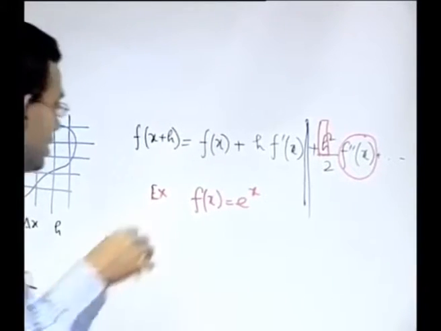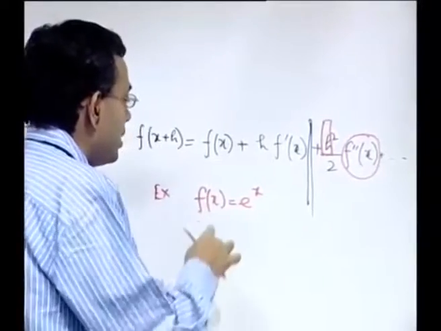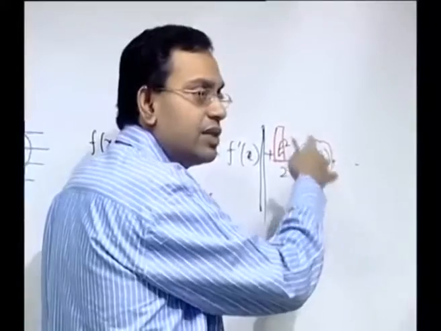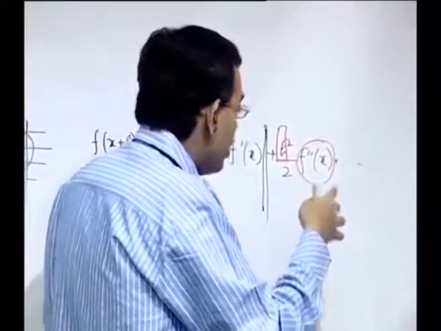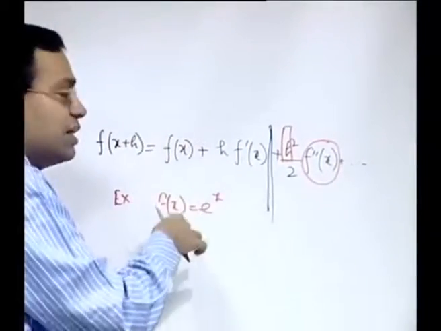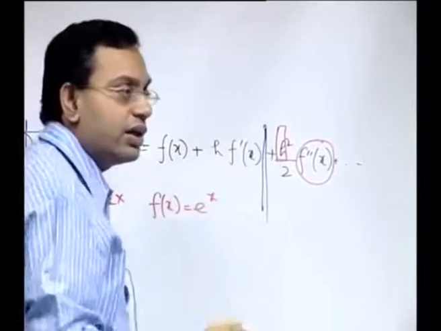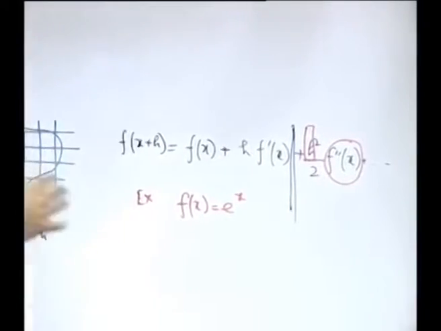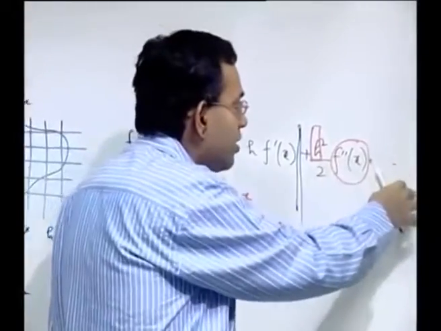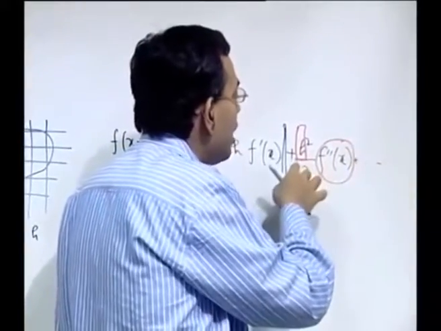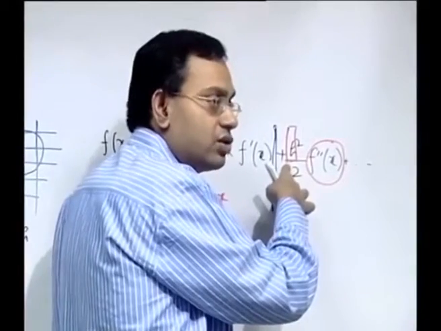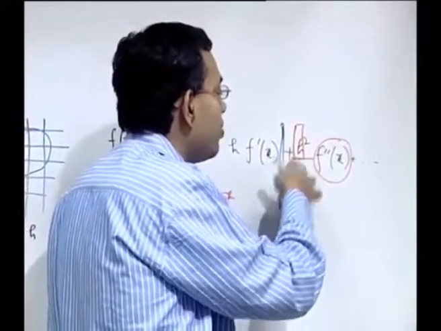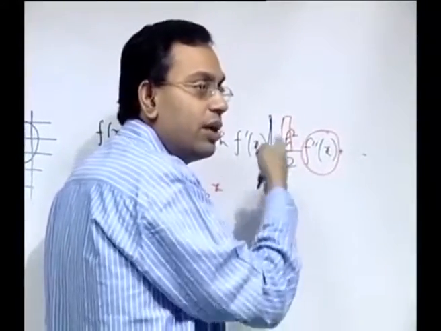But just from a pure mathematical perspective, if f(x) is e to the power x, all its higher order derivatives are e to the power x. So if you cannot neglect the function itself, how can you neglect its higher order derivatives? So obviously you cannot neglect in such cases the higher order derivatives, and then you rely on the smallness of h. So if h is really very small, then you can get rid of the problem by truncating it up to a few number of terms.